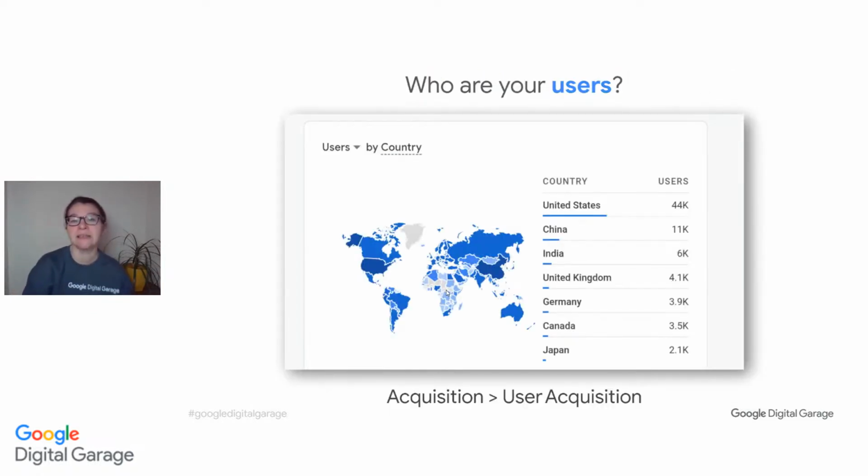Now, another really interesting thing is, who are these people? Who are the users? We know where on the web those users came from. They came in through search, or they came in through my email, or they came in through social media. But where have they come from in the world? We can look at the geography of our users by going to our menus at the side, going into the acquisition to find out things about how we found people, and look at user acquisition, and we can see the country. This is often one of those slides that's actually part of that dashboard as well,